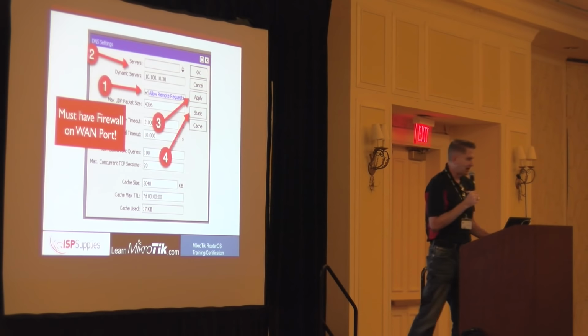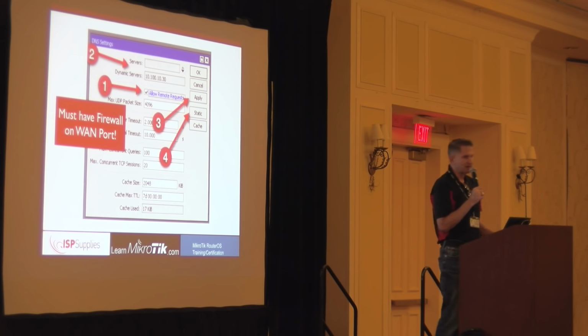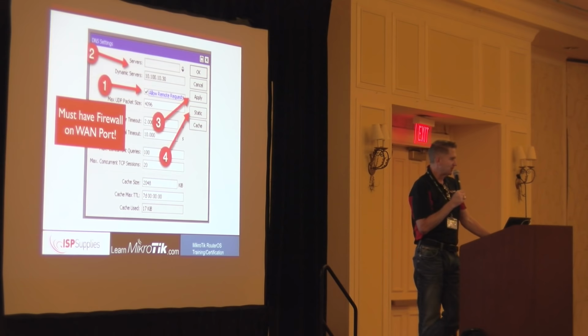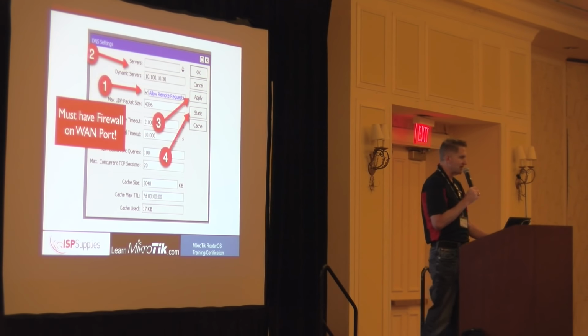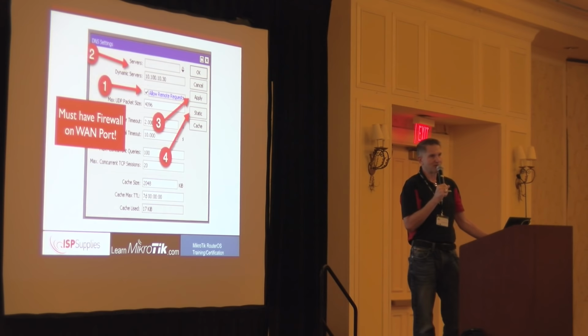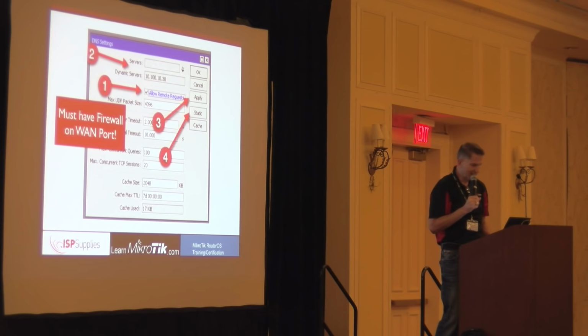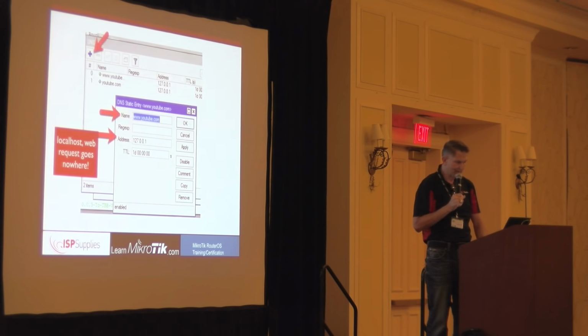Okay, if you don't do that, you are going to be someone's enemy and your own enemy, because you're going to get to be a part of an attack. It's a DNS amplification attack where they will use your router to attack other people. And what that does to you is saturates your internet connection and things stop working. I can't tell you how many calls and tickets we've had from people who thought they were having a denial of service attack, when in reality they just had Allow Remote Requests turned on and they had no firewall on their WAN port. So be cautious of that. If you don't know how to make a firewall, mikrotikconfig.com will help you.